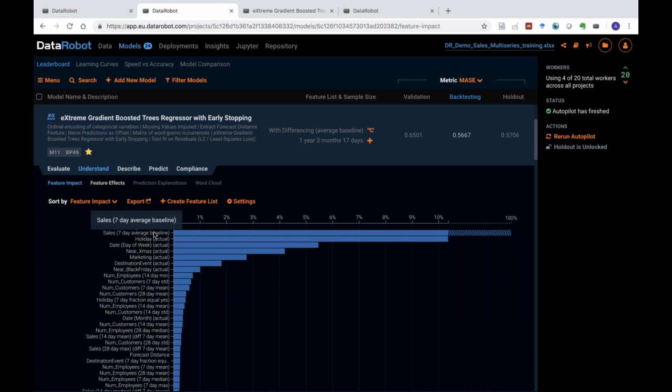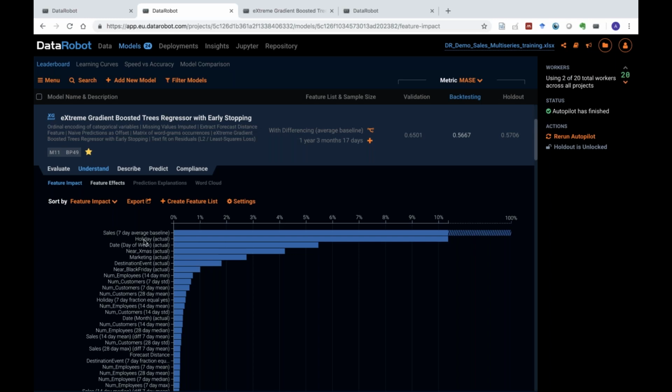So what basically drives these models? In this case, the most important variable turns out to be the last 7 days average, and this is a very good indicator of sales this week or today,